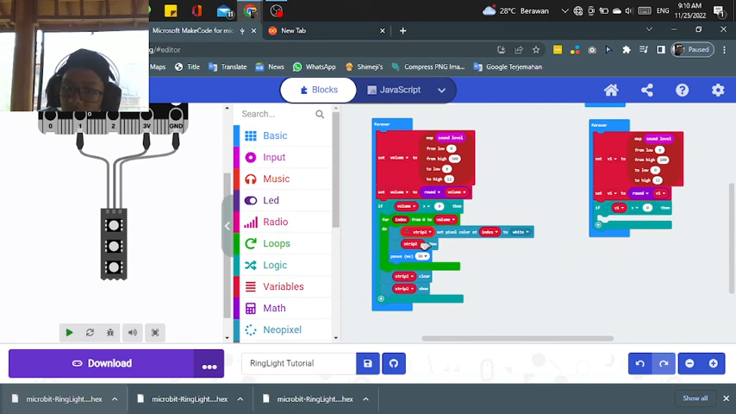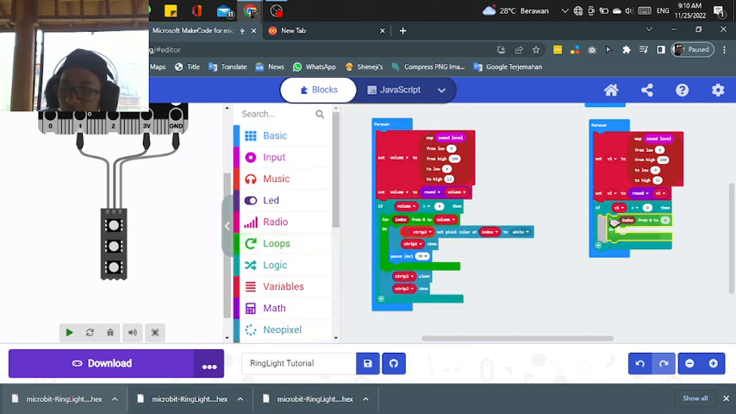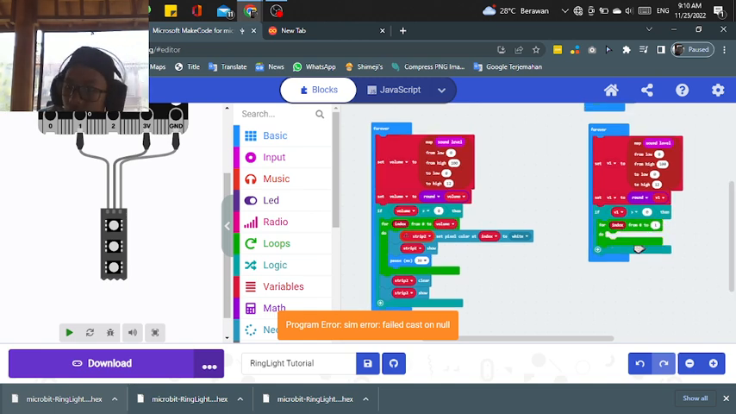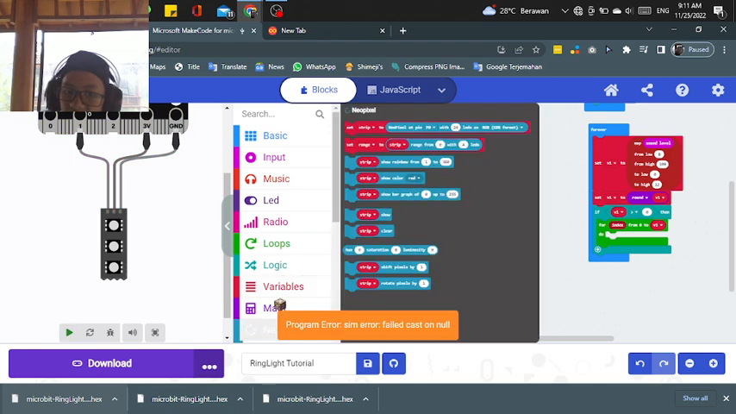This, and then go to the loops menu, take the for index from 0 to 4, change it to volume to v1, and then duplicate this one again here. And then take this again from the NeoPixel menu. The name is